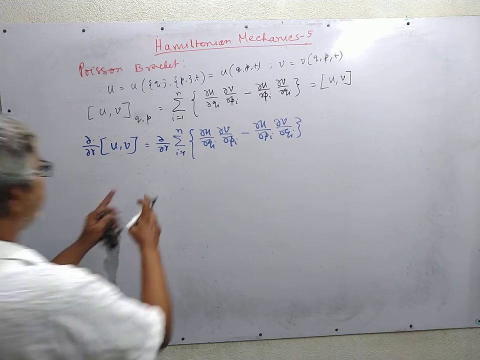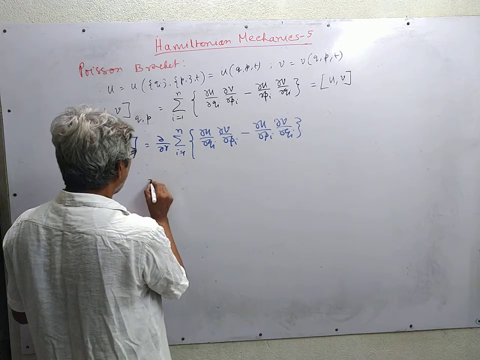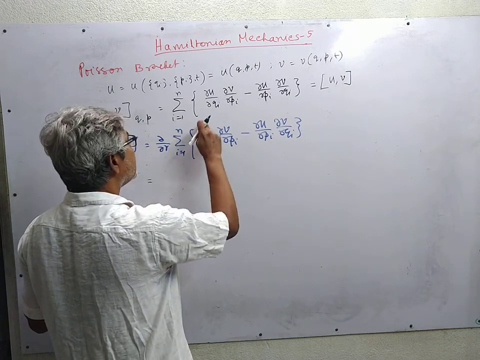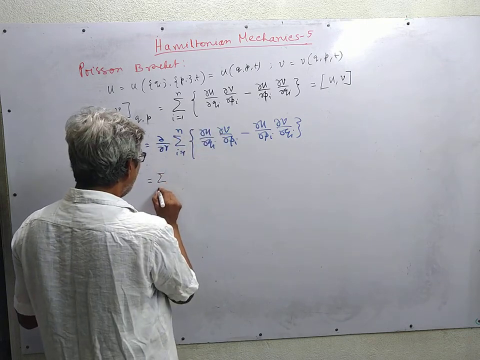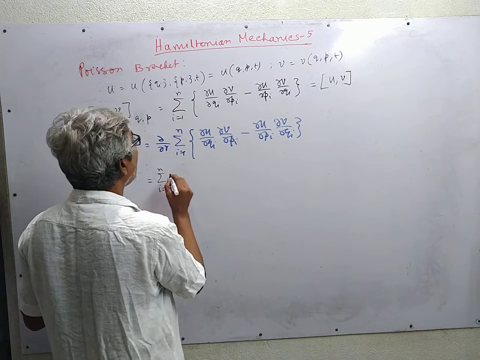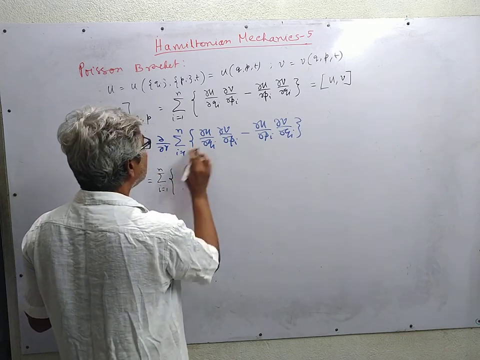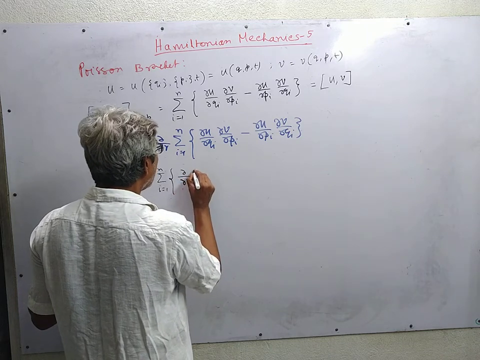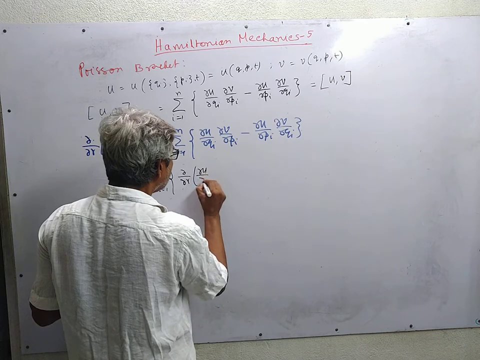Then we operate this del R. So when del R operates on it, it operates twice. Once on this, this is summation over i equal to 1 to n, del R operating on